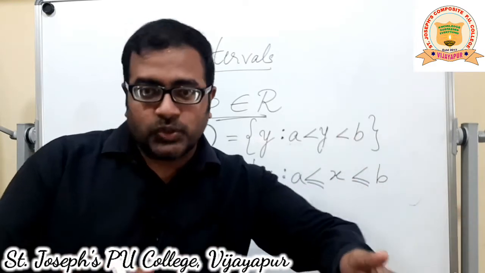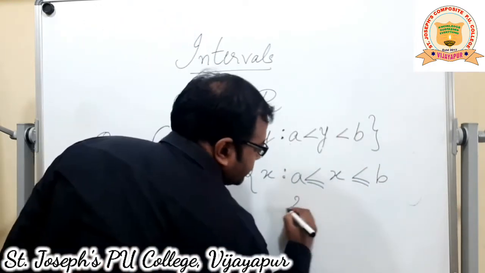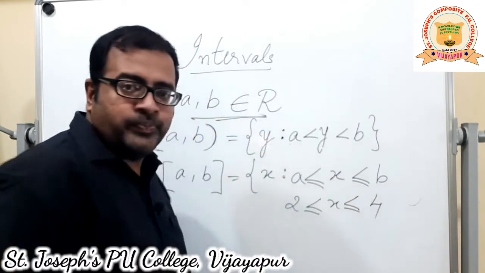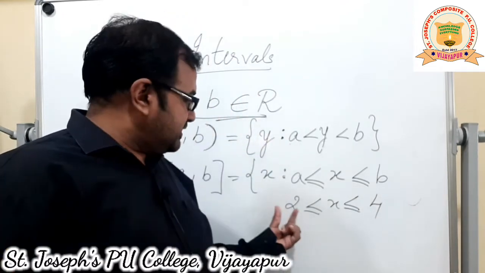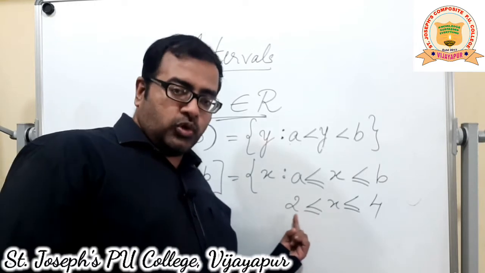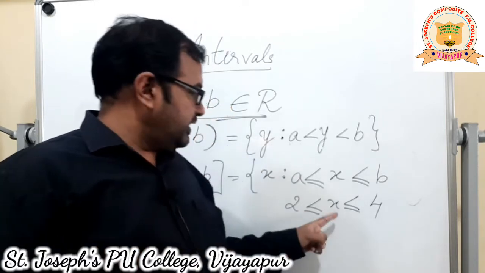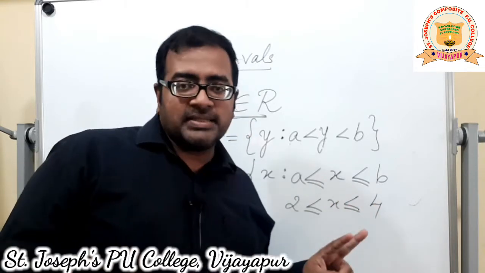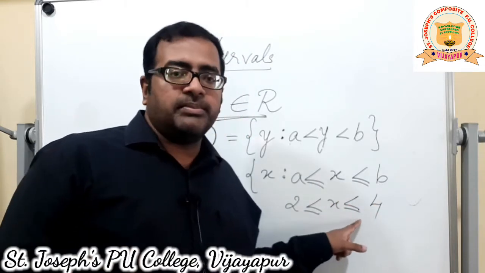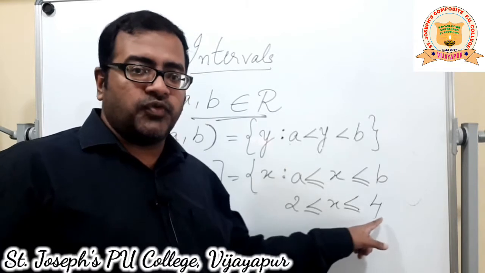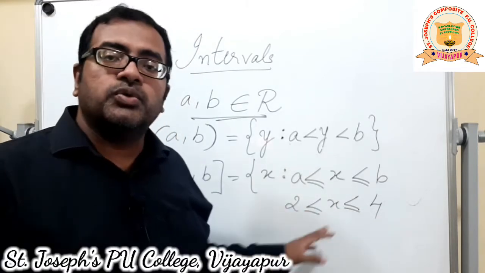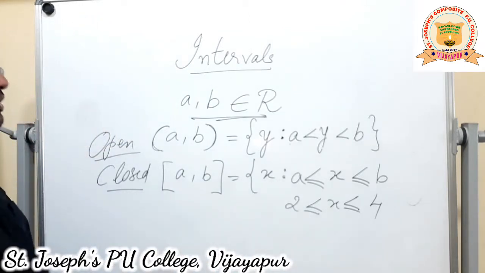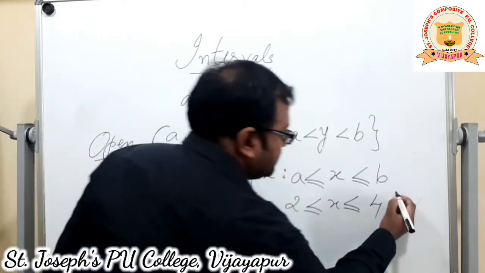This type of intervals are called closed intervals. If we compare with the natural numbers, if I write like this, 2 less than or equal to x less than or equal to 4. Now, which all values are possible? See, since x can be equal to 2 also, 2 is there. 3, yes, greater than 2, so 3 can be there. Is 3 lesser than or equal to 4? Yes. 4, yes, 4 also can be taken because it is equal to 4. So the possible answers will be 2, 3 and 4, correct? So this is the definition for closed interval.